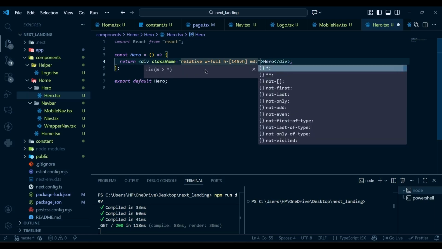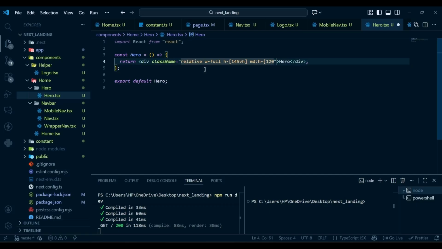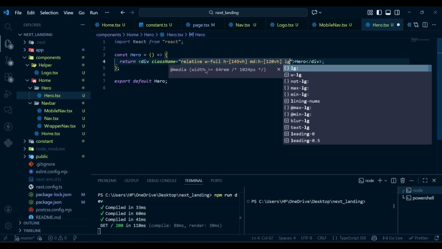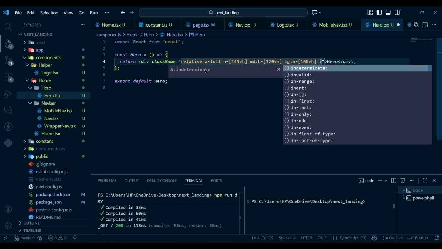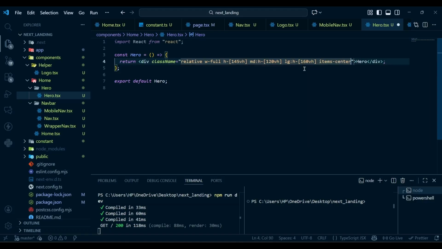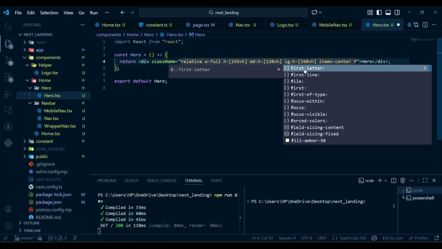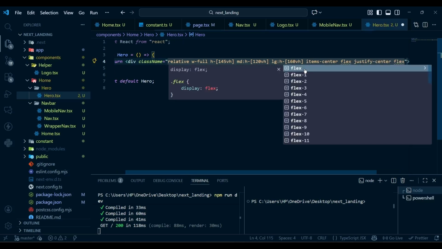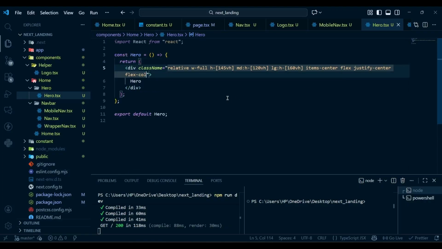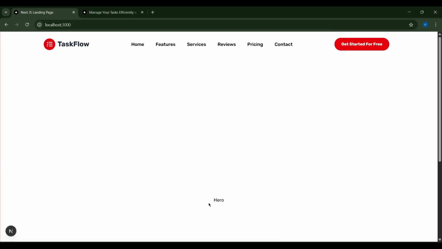In medium screen, height will be 120 VH. In large screen, the height will be 160 VH. Items center, then flex, and justify center. Flex will be in the column direction. That's it. So now if I go to our project, here you can see we have our hero section